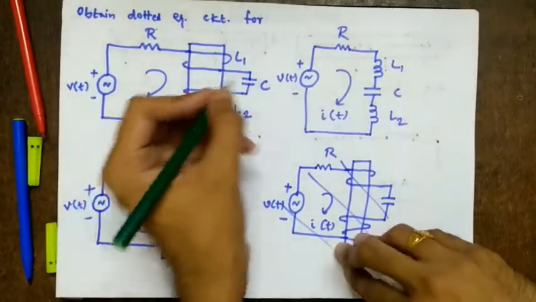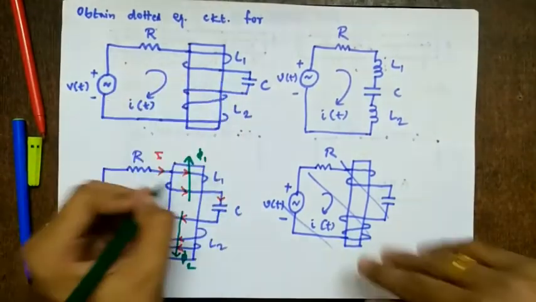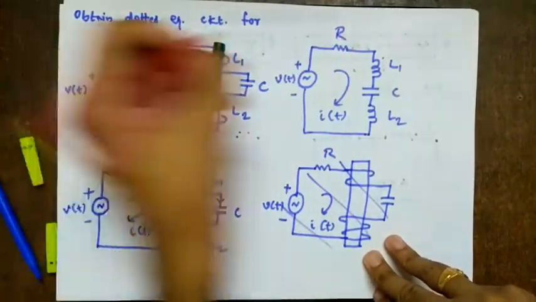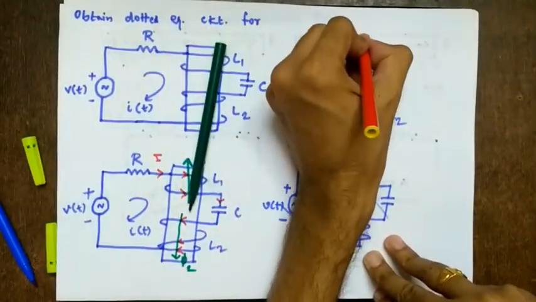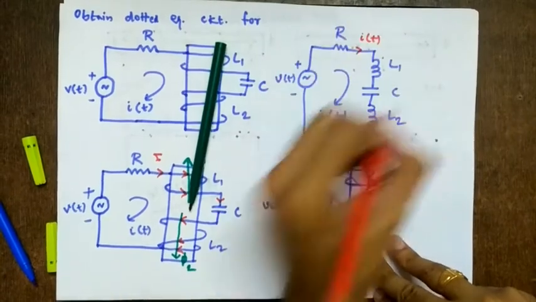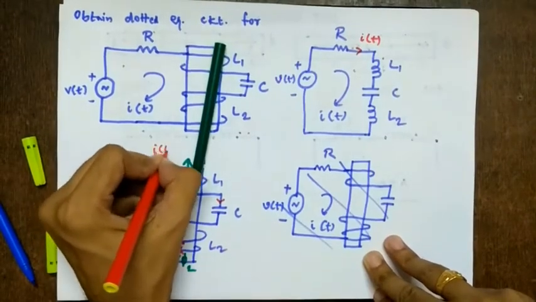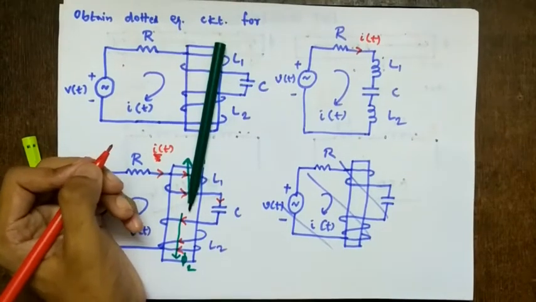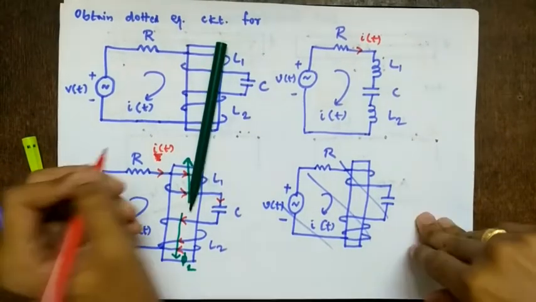So now the dot convention, right? They are opposing in nature. So how is the current flowing? Again I will use the red pen. So this is my current i of t. Strictly speaking, I should say this is i of t, not capital I. Capital I we use usually for what? You should know it by now, it is for DC sources. Now we are using AC sources.